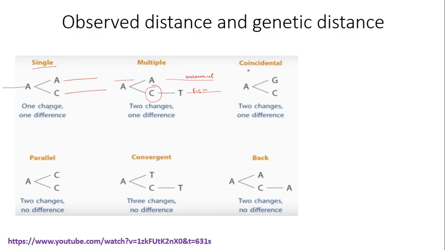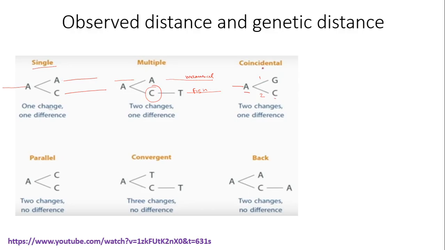You can see that in the ancestral sequence there was A, this A changed to G, and this A again changed to C in another sequence, right? Therefore, two changes have happened over here, but we see that there is only one difference, right? So such changes are called as